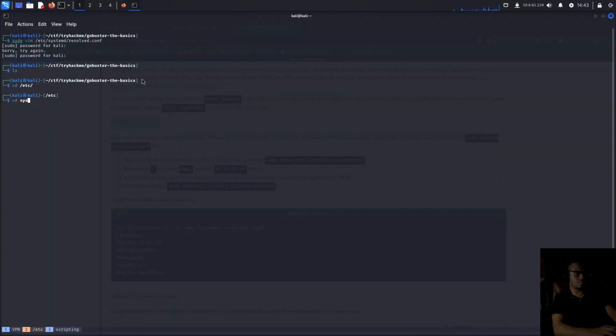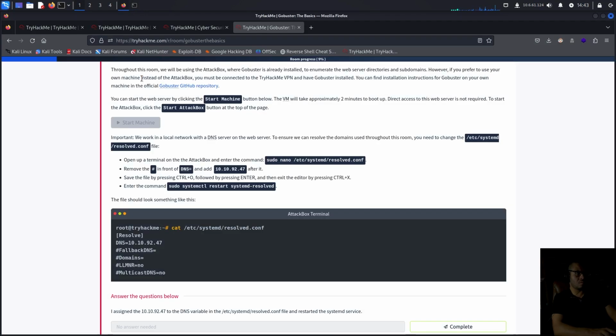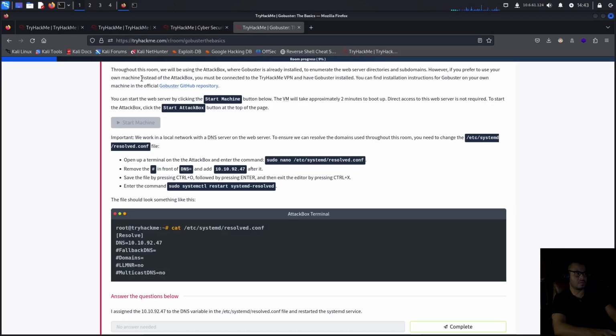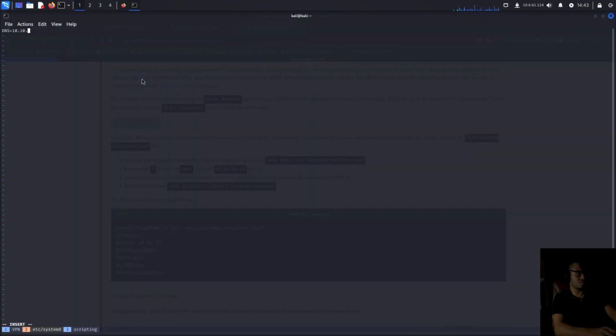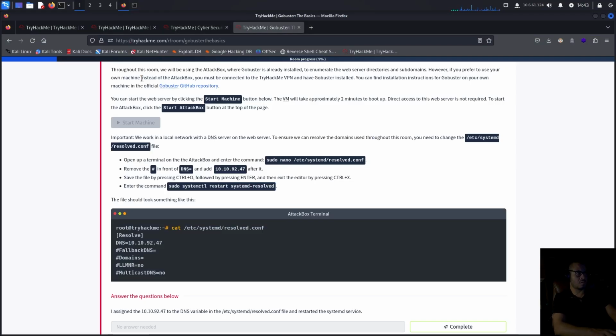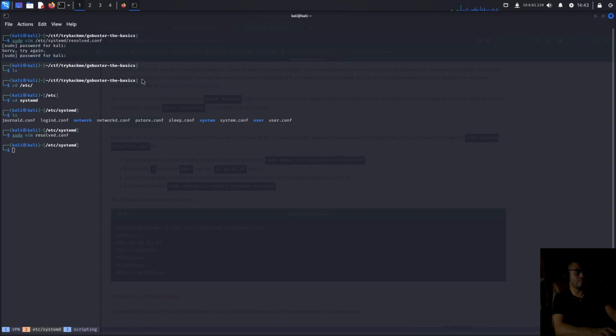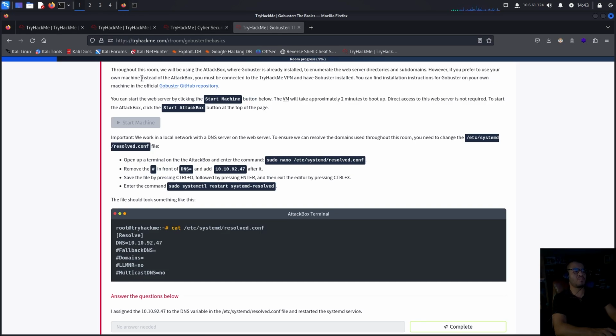So if I go to systemd and then resolved.conf, I don't have that, right? The vim resolved.conf. Okay, I guess I can create it then. So it's DNS and then the IP, which I assume is this one, because these numbers update dynamically with whatever box you launch. And yeah, after it, save the file with pressing Ctrl O. Well, in my case, Ctrl W, because I am a Vim user. Save the file, following by percent, and then enter the command sudo